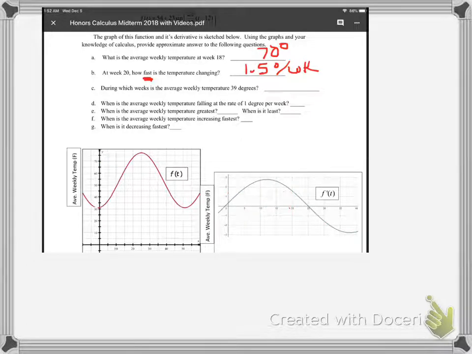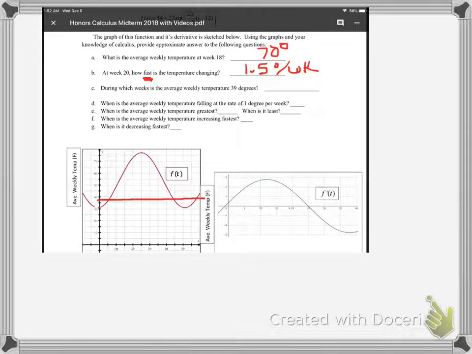Next question says, during which weeks is the average weekly temperature 39 degrees? So remember the degrees is on the y-axis, so we're going to go over to the original function because they're asking us for the average weekly temperature. They're not saying anything about things changing, how fast, falling, nothing. It's just average weekly temperature. So find 39 degrees, which is going to be right about here, and I'm going to draw over,